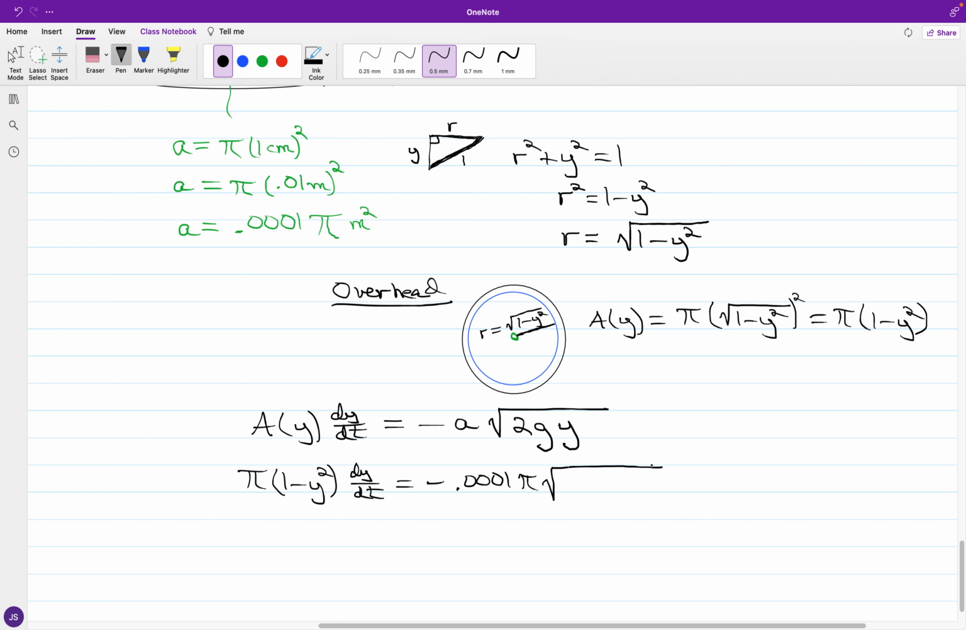And we have times the square root of 2 times 9.8 meters per square second. So we're using 9.8 instead of 32 since we're looking at metric units. What I can do off the top is, we have pi on both sides. Then coming down, we have 1 minus y squared quantity, dy over dt